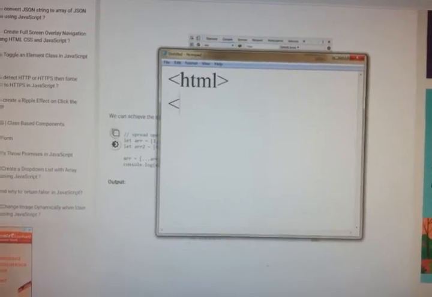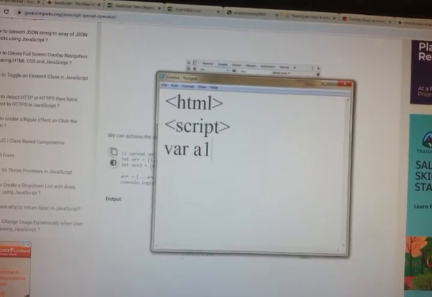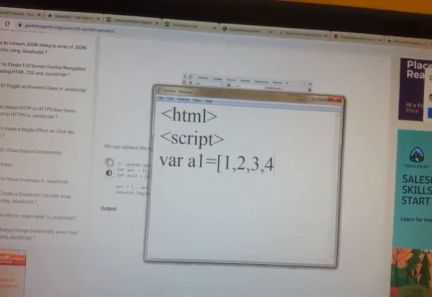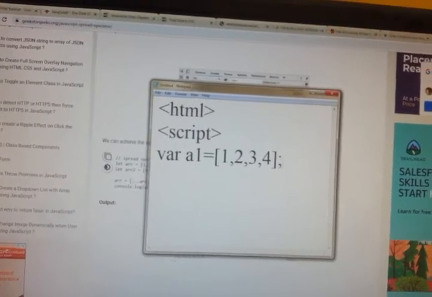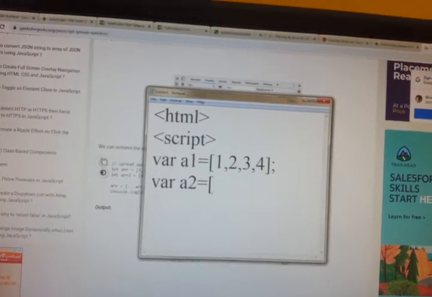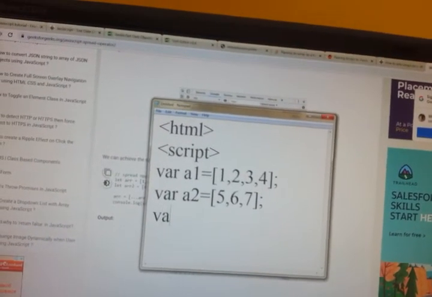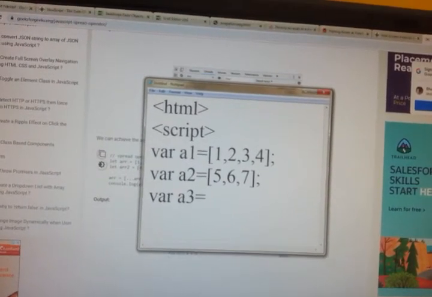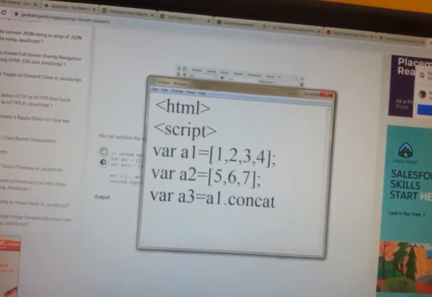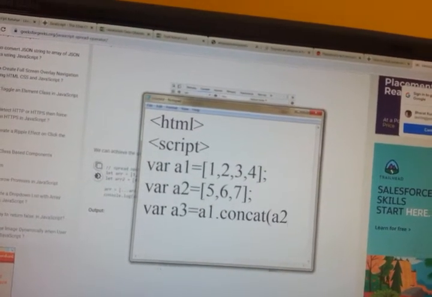So HTML, script. Variable a1 is equal to 1 2 3 4, variable a2 is equal to 5 6 7, variable a3 is equal to a1 dot concat a2.